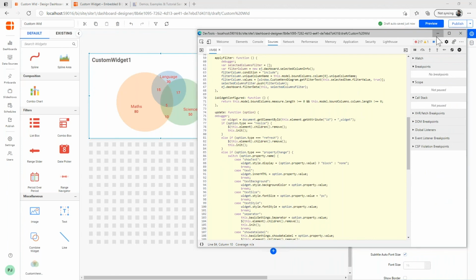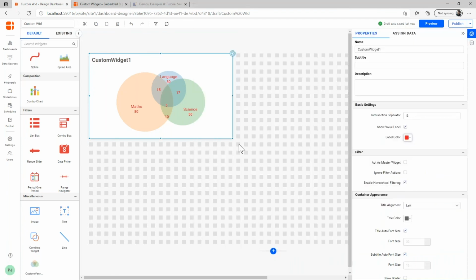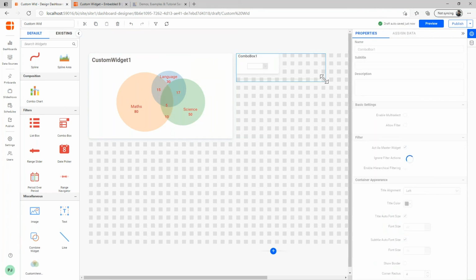Now let's see how your widget is going to interact with other widgets in the dashboard. By default, unless you disable the ignore filter actions option, your widget will respond to any filter actions that are done in the dashboard. For example, let me drag and drop the combo box here, and resize it.